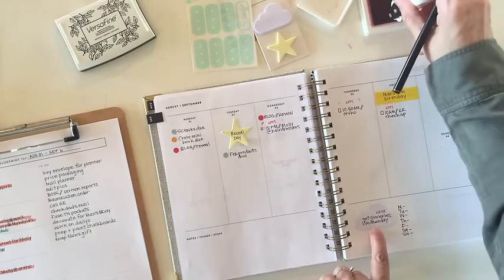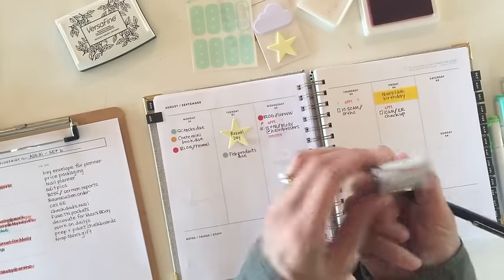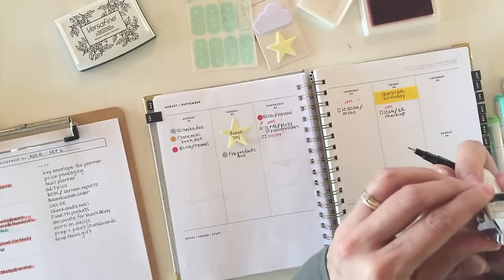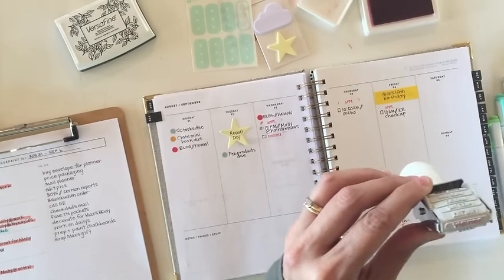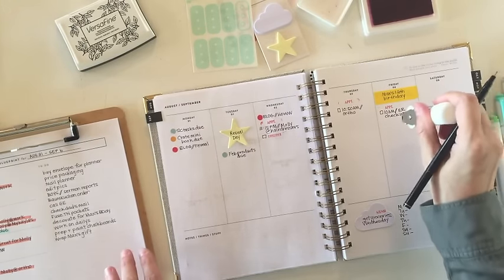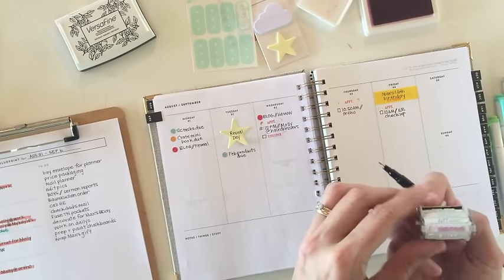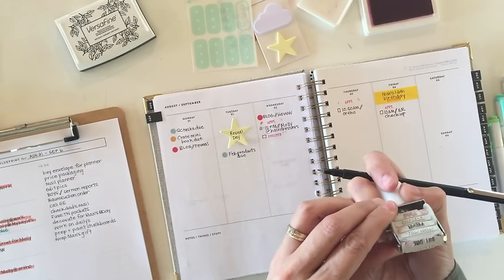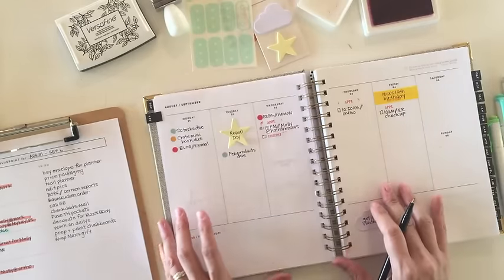Groceries, we said Wednesday, so I'm going to go ahead and stamp that on Wednesday. And we'll just give myself a little checkbox for that one. And let's see, we have a birthday this week, so we're going to highlight that one. And that would be on Friday, which I already wrote on this sticky note, but we'll add that anyway. And I think that is all that I can utilize off of that